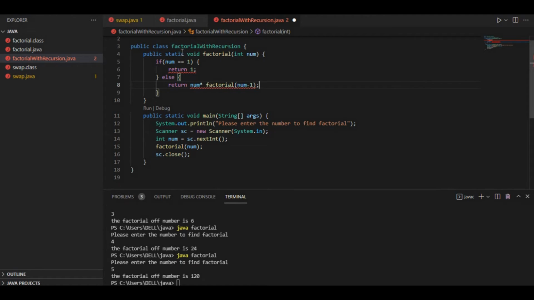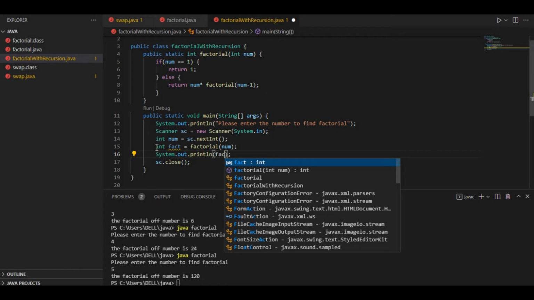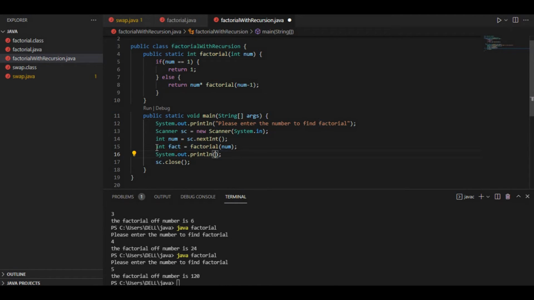That's basically recursively calling the factorial function inside the factorial function itself. We'll catch the value that factorial returns in the end in a fact variable, and just print it: factorial of number is fact.